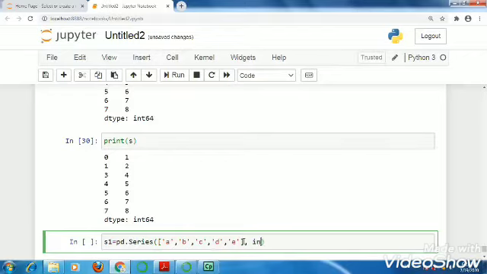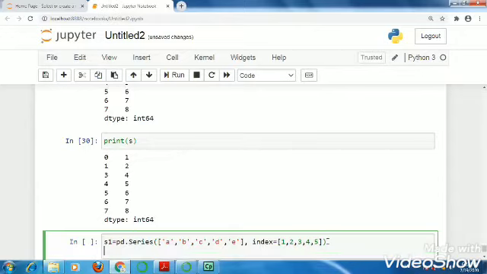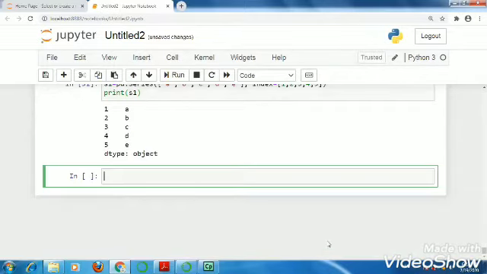And for the index I am using, suppose, 1, 2, 3, 4, 5. Total 5 alphabets are there in the data, so we should have 5 indexes, and when we print s1, you can see the result.